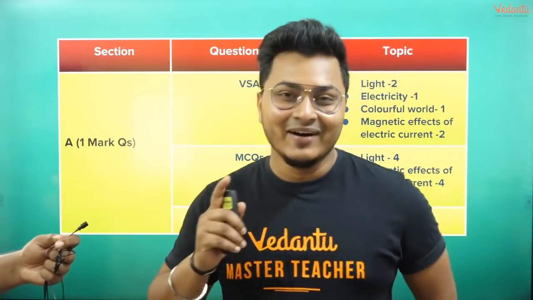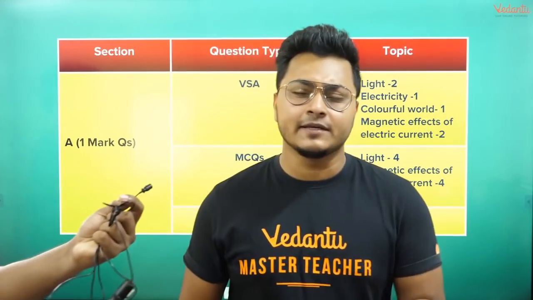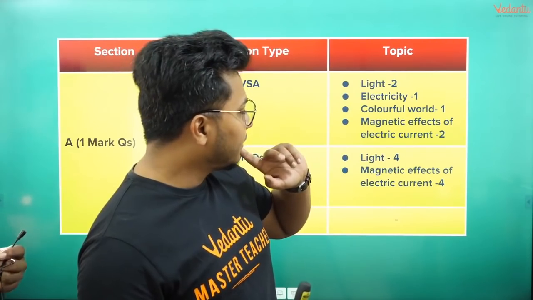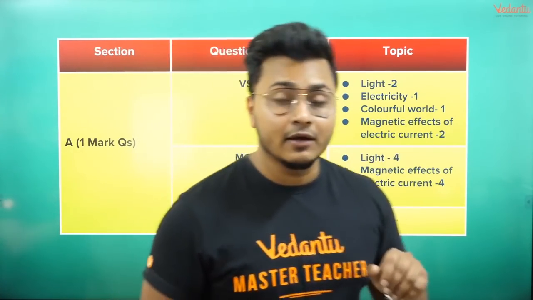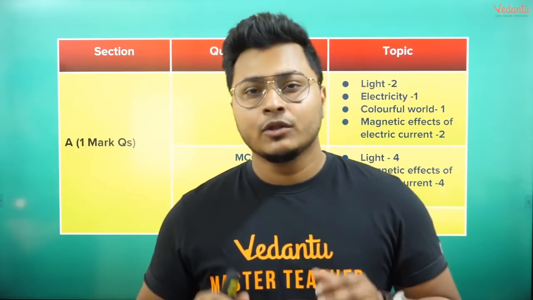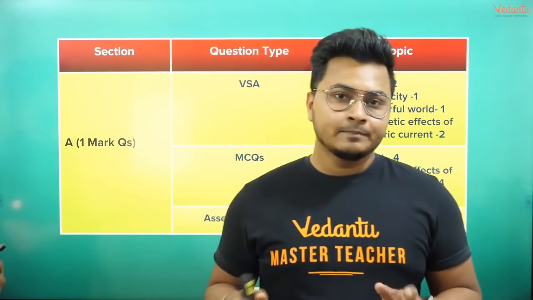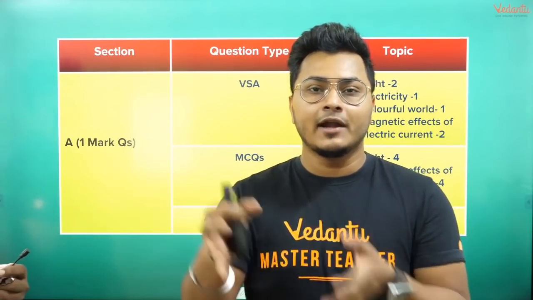Okay, so let's get into the topic of electricity and magnetic effects of electric current. It's super easy. As you can notice, 1 question has come for 1 mark from electricity, and from magnetic effects in total 6 questions have come for the 1 mark answer type. So what questions can come from electricity and magnetic effects for 1 mark? It's simple, a formula: write the formula of work done in electric potential.